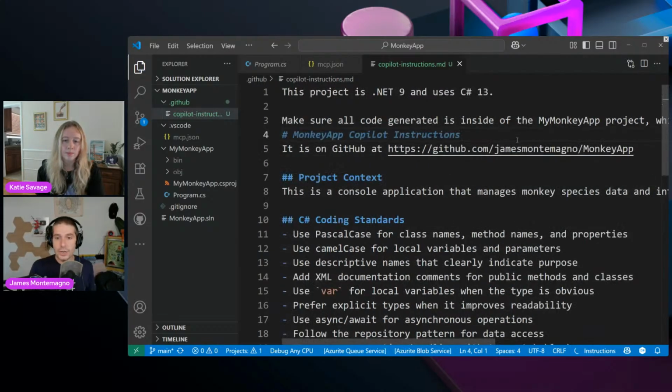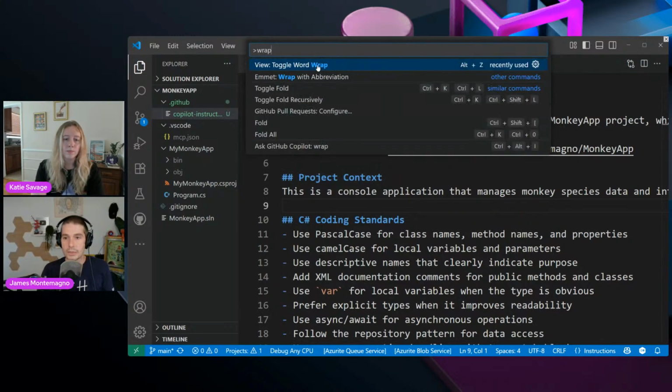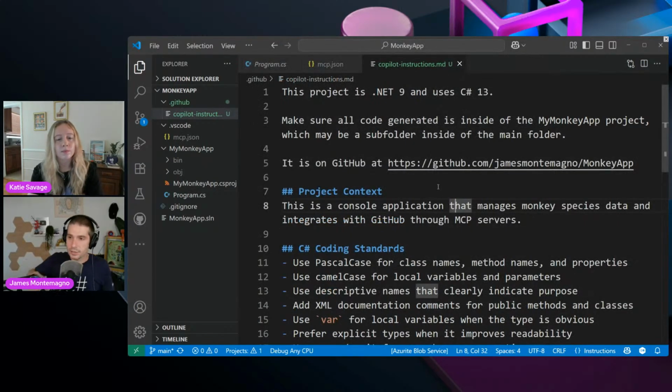Now, the reason I'm telling it this is because since I'm using the GitHub MCP server, it's going to try to guess what it is. I could query issues on open source repos, but I'm asking it to create an issue for my repo. I like to just tell it where my repo is.